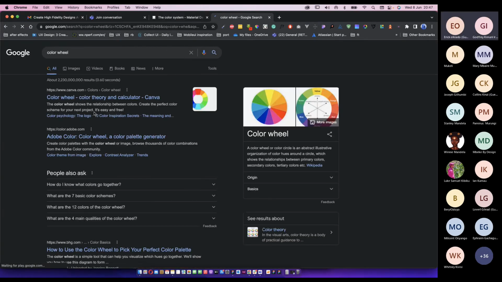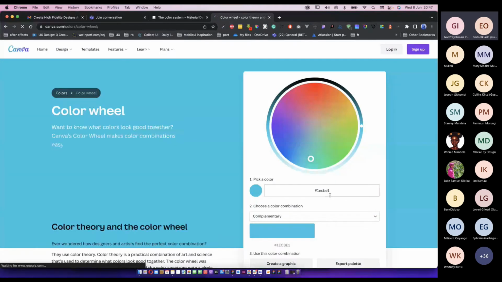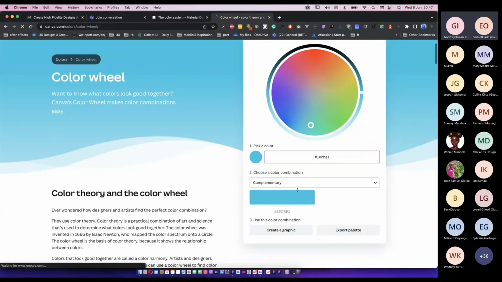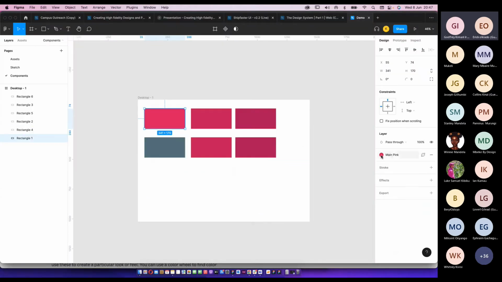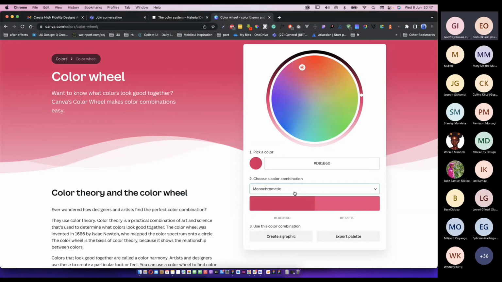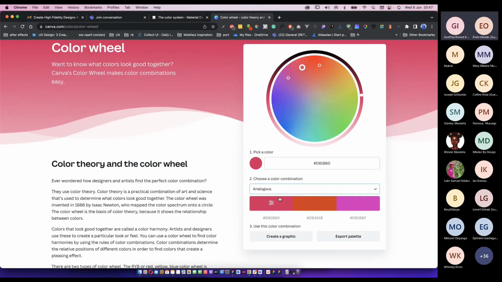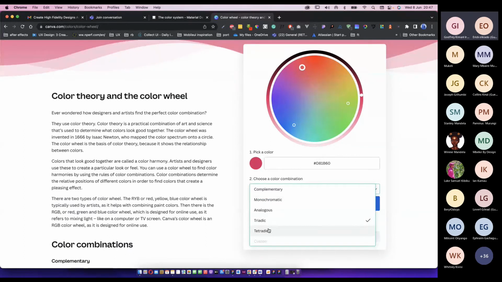You can come to Color Wheel, and it will help you create a color palette that is not just colors you've thrown in there. For example, let's look at this color, our pink, and what it will propose, like the complementary colors. You can search for the analogous colors, and it can give you a match of colors that you can use that are matching and will have a bit of contrast